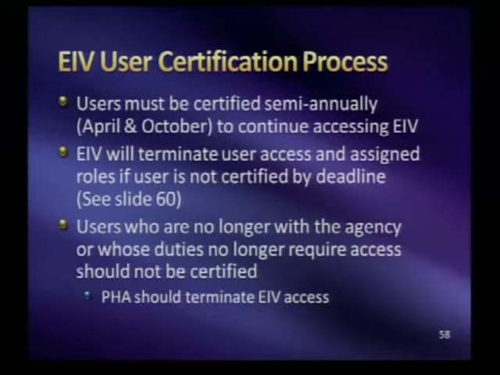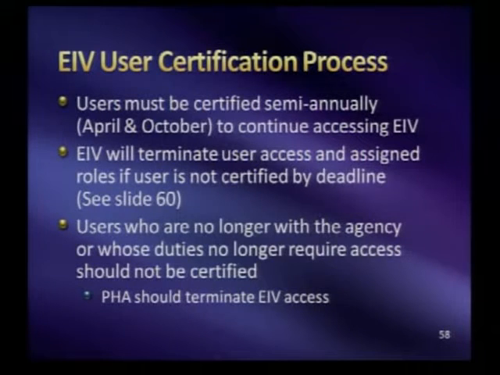And if you have users who no longer, for example, it's almost the end of the month, so if you know that Bob is no longer going to be with us come October 1, then you can do one or two things. Either don't certify him or just go into user maintenance and automatically terminate him. But do not certify anyone who you know is no longer with your agency. Do not certify anyone who has not completed the required training. And if you do not have the HUD Form 52676 on file for a user, you should not be certifying that user,